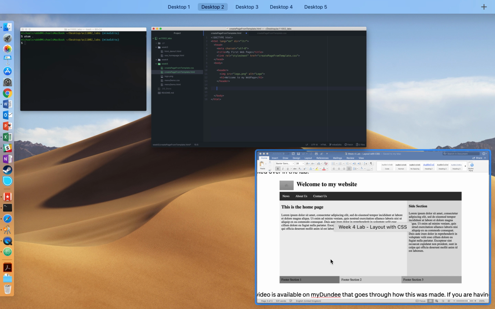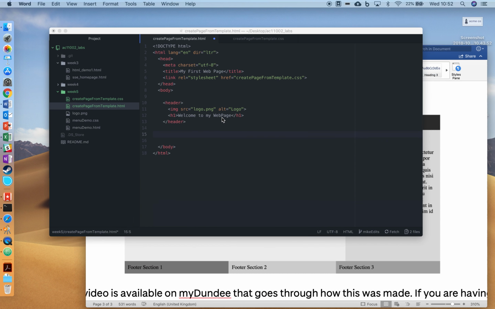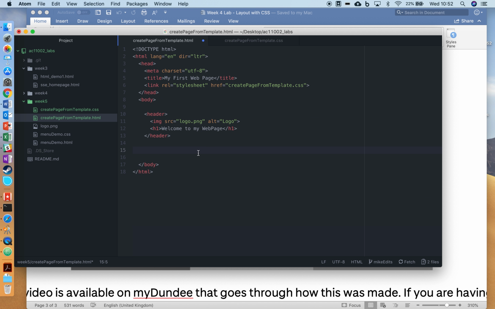The next thing that we want to do is we want to make the navigation. So we've got 3 navigation items: news, about us, and contact us. So we've already seen in the lab sheet for today how we go about making a navigation. So what we'll do first is I'll open up a nav semantic element, make my unordered list, make my list item, make my first A. Now one of the things you'll notice with Atom is when you type A and then press tab, it doesn't create the A link for you straight away. But if you do a space and then go back one space by pressing the left and then do A and then tab, it'll create it. I don't know why. So we need to create news,